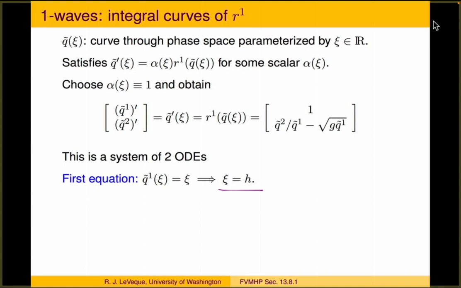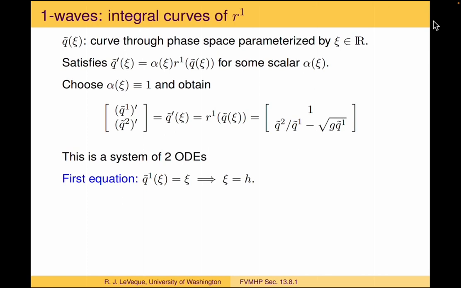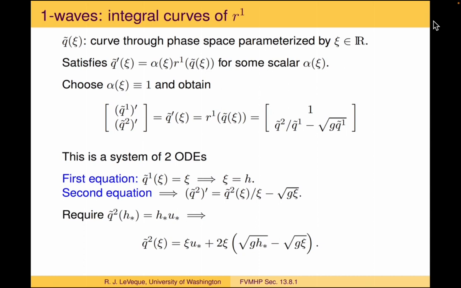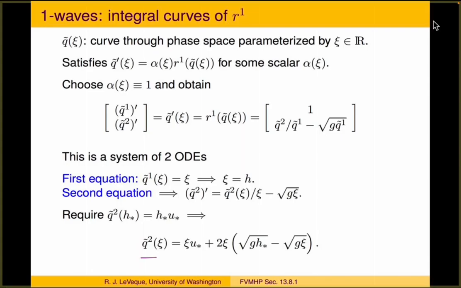So as xi varies, h is just equal to xi, but now the real interesting part is how hu varies as a function of xi, because that allows us to draw these curves of how hu varies with respect to h on each of the integral curves. So the second equation from the ODE system, if we simplify that a bit, can be solved to give this expression here, that the momentum, the q2 component as a function of xi, turns out to be,